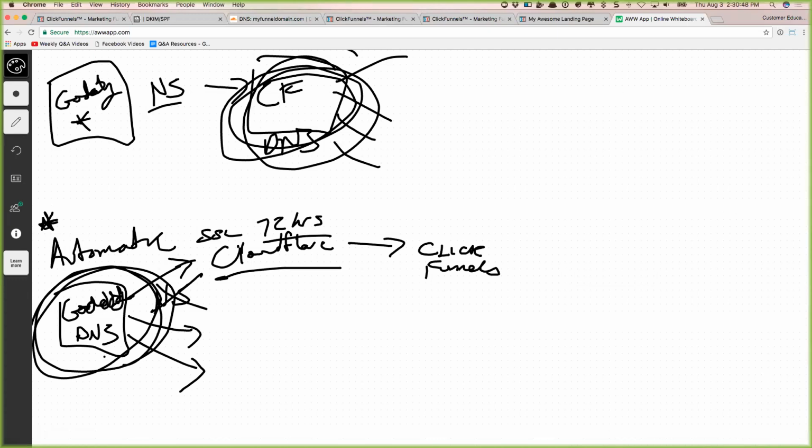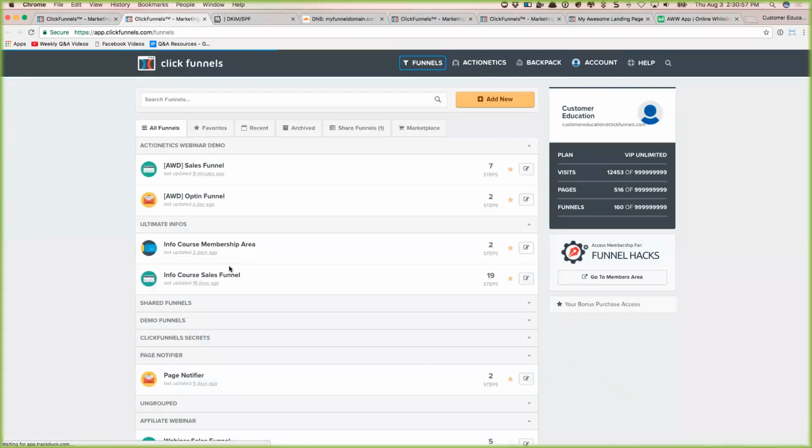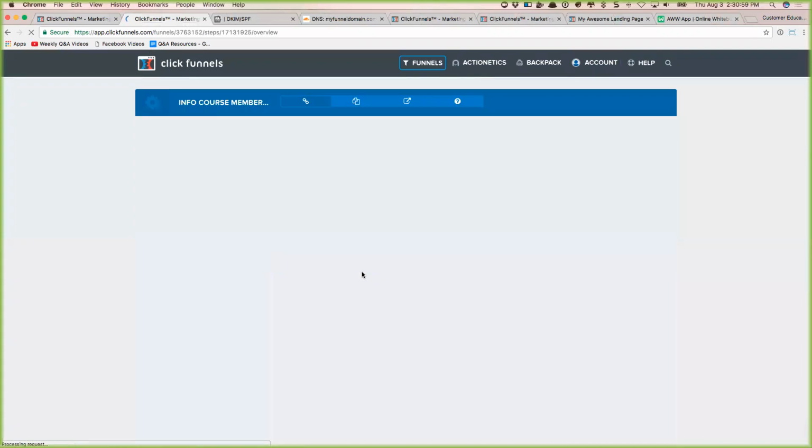Michael's asking, is there going to be a 2.0 editor for memberships anytime soon? So yeah, that button is missing, but one thing you can do, if you have a membership area,